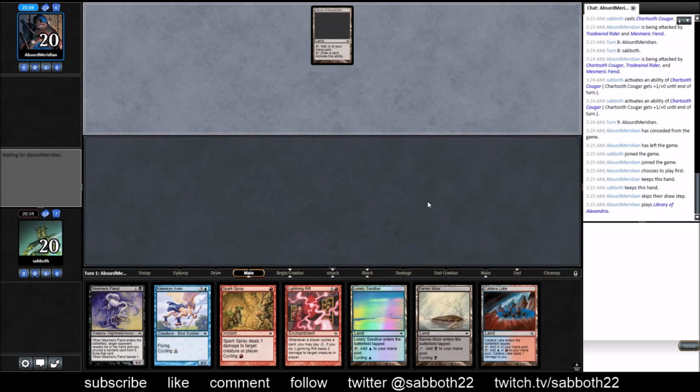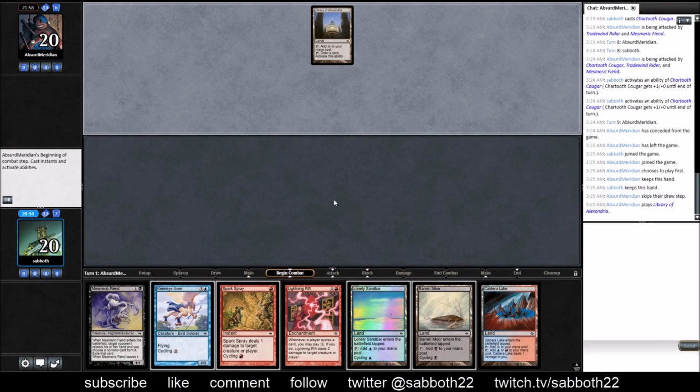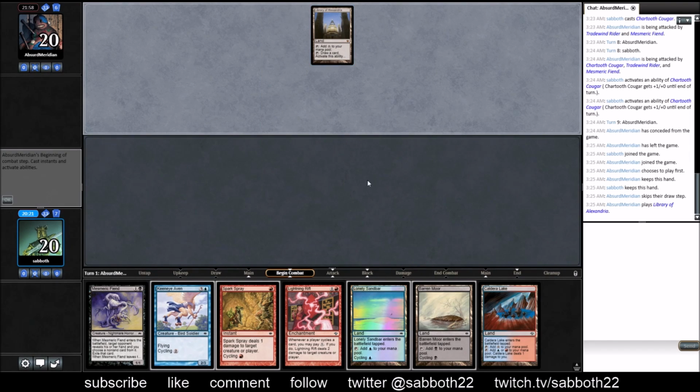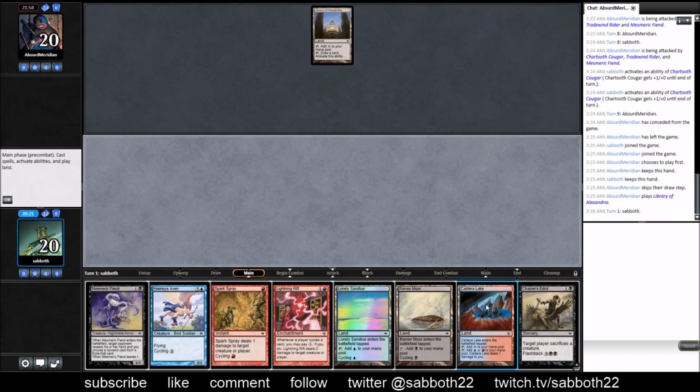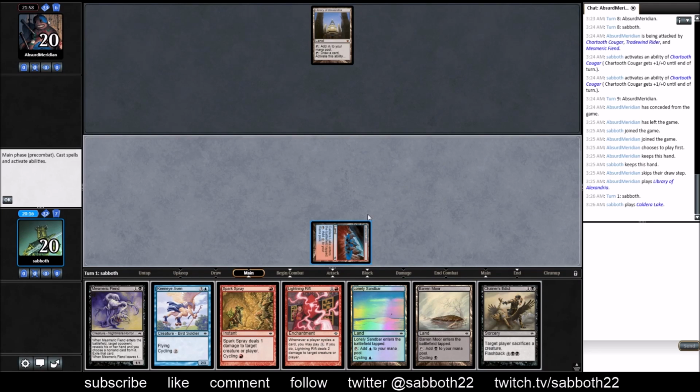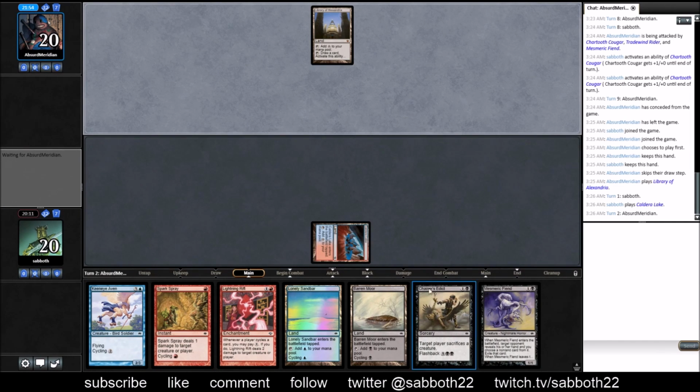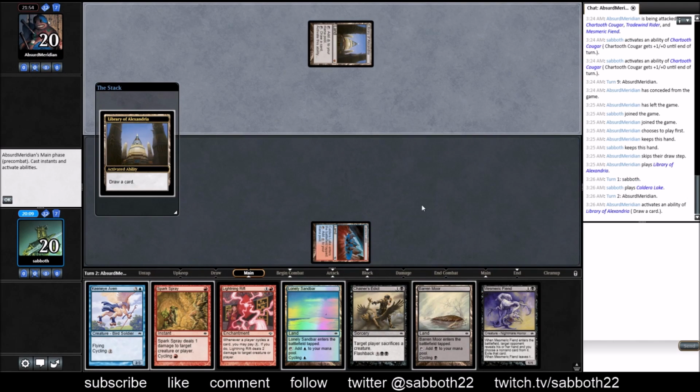Here we'll probably ping ourselves off our Caldera Lake Library. That's a good one. Oftentimes it's better to be on the draw if you know you're going to have Alexandria, which of course you don't. But in any case, this next turn, they'll be drawing an extra card, and then maybe an extra card for every turn thereafter. If we can draw an untapped black source...